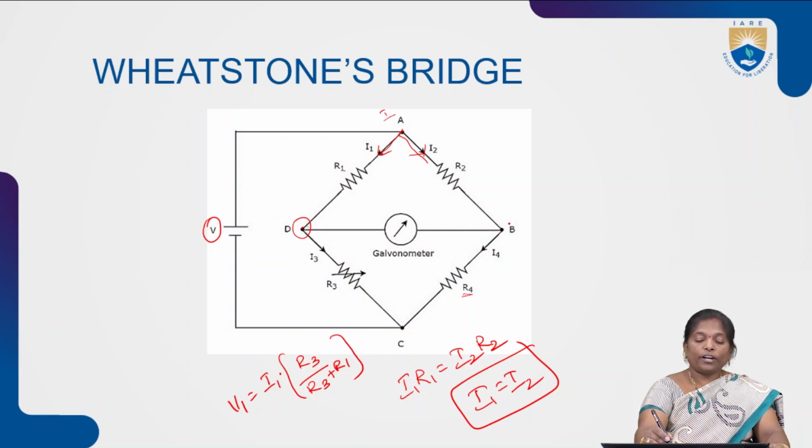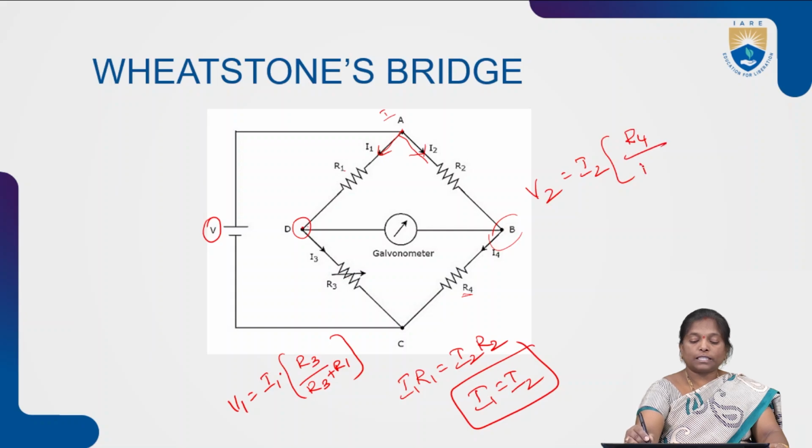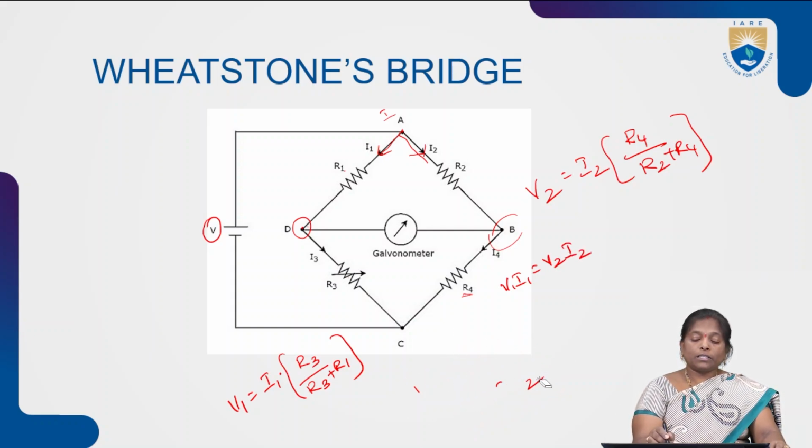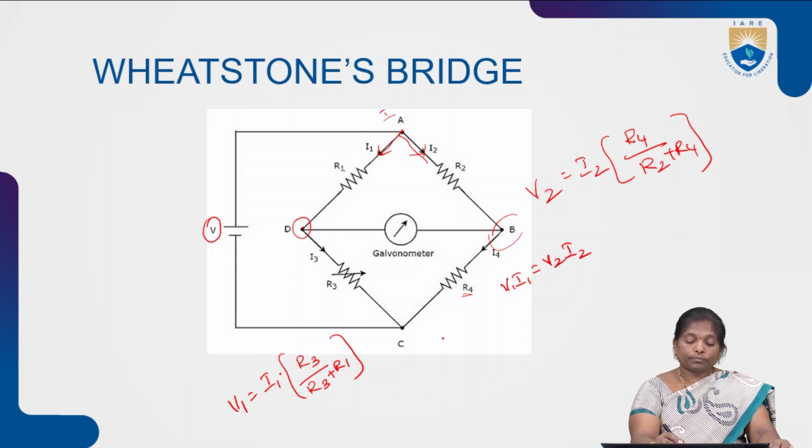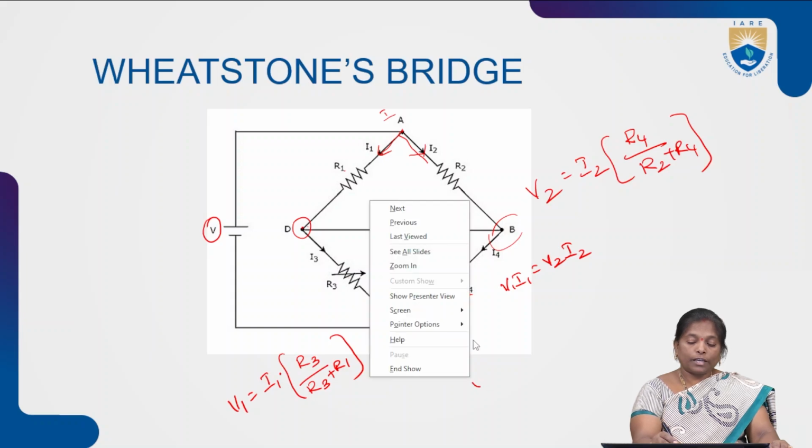Similarly, at the point B we can represent it as V2 equal to I2 into the opposite resistance R4 by R2 plus R4. Then we know that V1 into I1 equal to V2 into I2, because I1 equal to I2, equal current flowing across these 2 arms. Then substitute the V1 value here, then we have I1 into